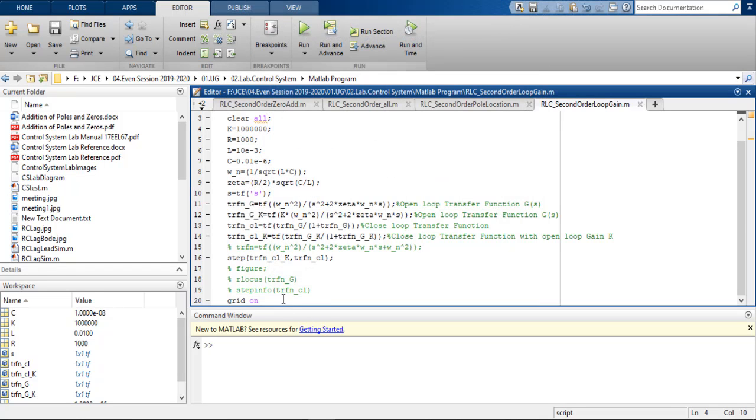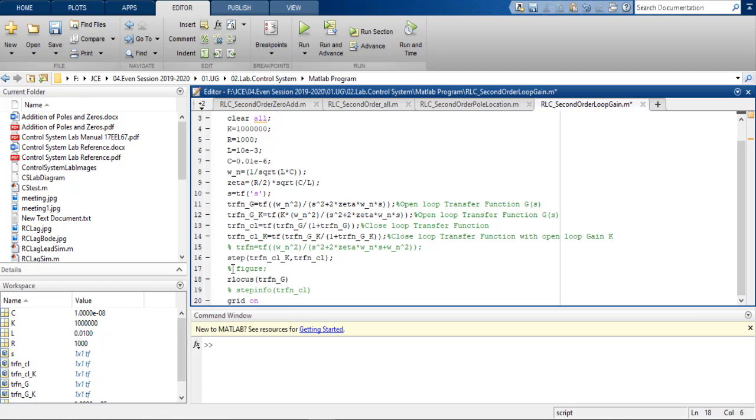Why is that? Simply we can check the root locus plot. I have given this code here, though it is not required in this experiment. I had just commented it out so that it did not interfere in the program, but we want to see it right now, so we uncomment it.